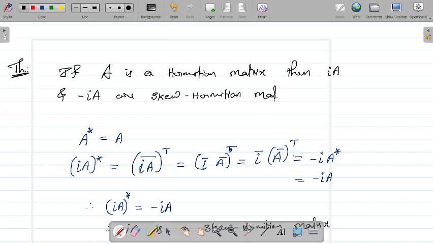Okay, so using this result I can simply write it this way. Now you know that this can be expressed as B star A star minus A star B star. But B star is the same as B because B is Hermitian, and A star is A. So this is BA minus AB. If you take the minus out, this is what we get: minus of (AB minus BA). So you can clearly see that AB minus BA is a skew Hermitian matrix, provided A and B are Hermitian matrices.